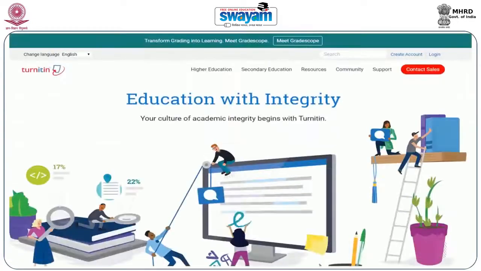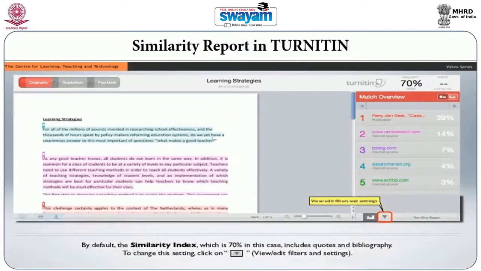There is a slight difference between Turnitin and Feedback Studio. Feedback Studio generally allows you to check grammatical mistakes, and also integrity and ethics. This is the home page of Turnitin, and you simply have to create an account with an ID and password, and upload the document. In a few minutes it will generate the report. Now you are looking at the screen. This is the dashboard for Turnitin when you submit the document, and finally the report is generated.